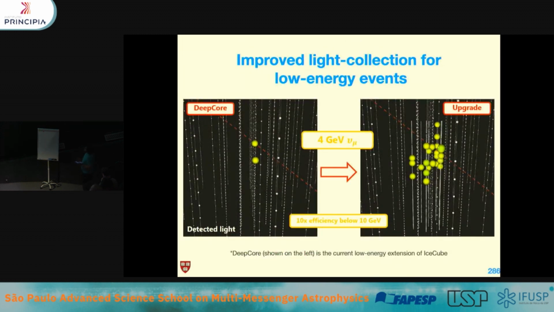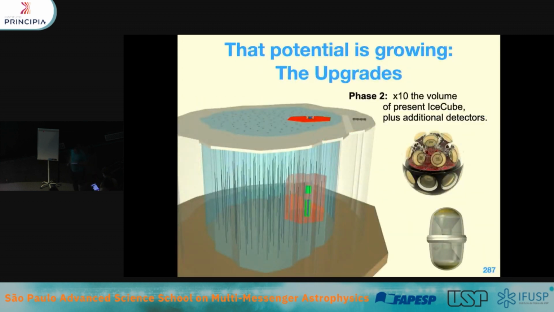So how does this look? This is our current sensitivity for a 4 GeV neutrino. It's kind of sad, but now with the upgrade, it's going to be great. Okay. Then sometime, we hope at the end of this decade, we're actually going to deploy what we call IceCube Gen 2, which is going to be a 10 times larger volume part of IceCube that's going to use sensors that not only have a single PMT, but have multiple PMTs in them. So here, this red box is IceCube, and this blue region is going to be IceCube Gen 2. And just so you know, this little cylinder here is the Upgrade in a couple of years.